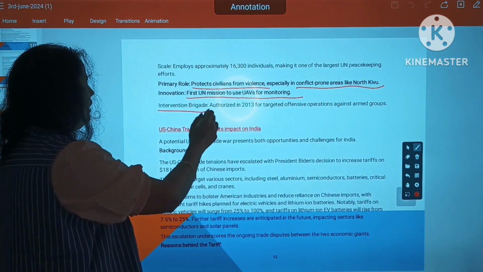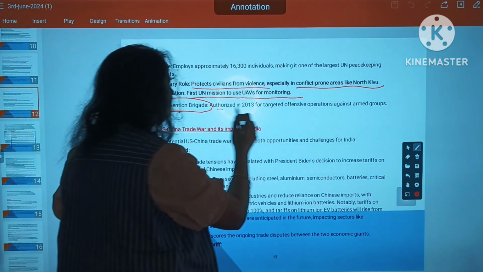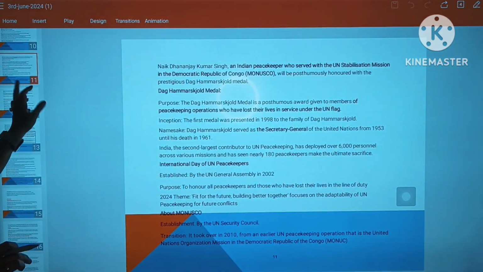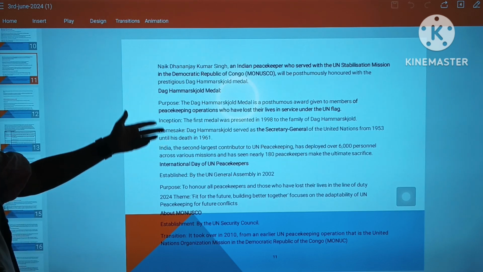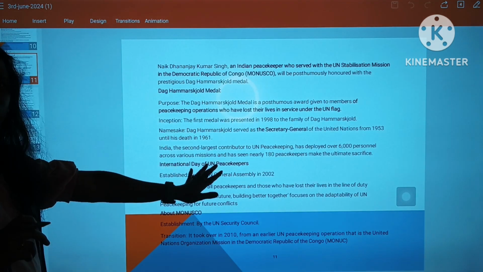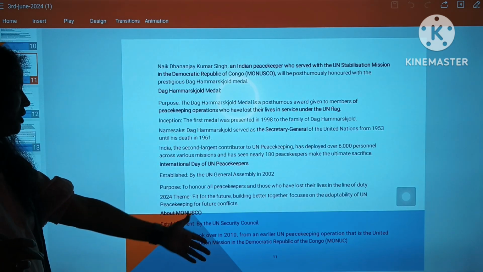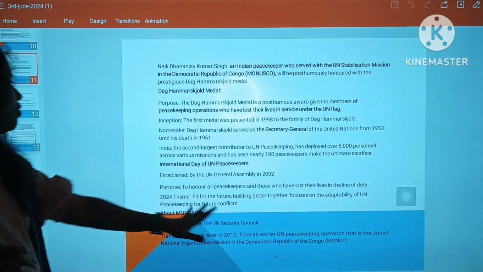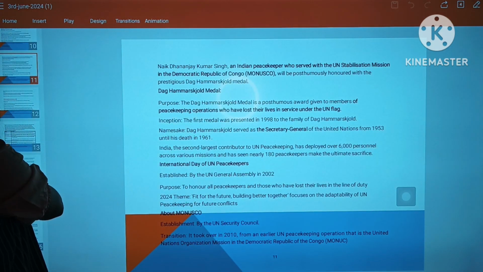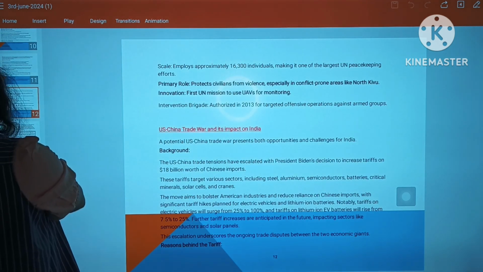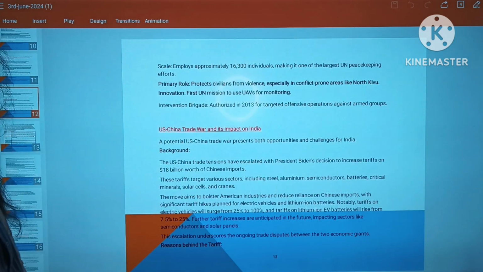An intervention brigade was authorized for targeted offensive operations. We are going to learn about the medal, the day, UN Peacekeepers Day, and the operation also. What is the operation? It took place in 2010 in Congo, and the goal is to save civilians from violence. So our next topic is a very important topic, that is